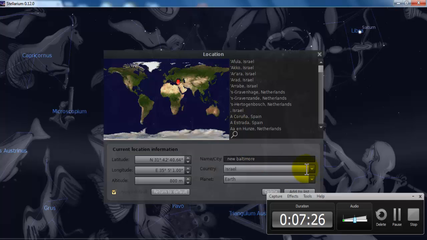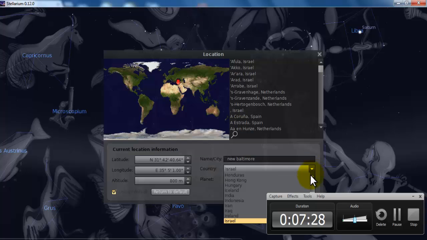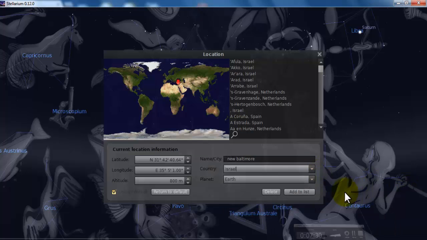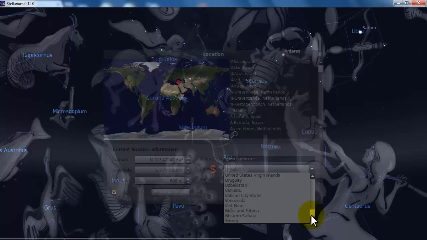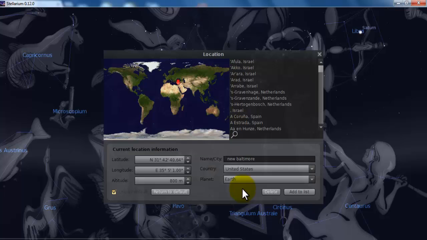Let's see if it'll pop up. I'm not sure if it will, folks, because I don't think I put that in there. Then you would go here, and let's see, go all the way down until you see United States. Click on that,